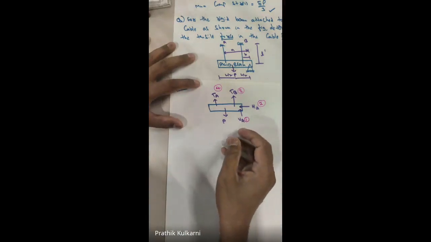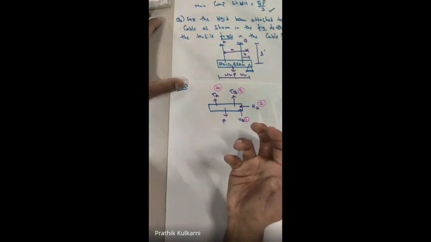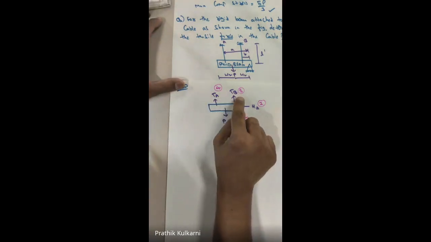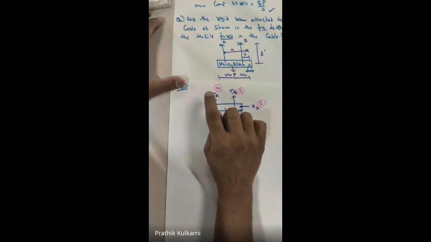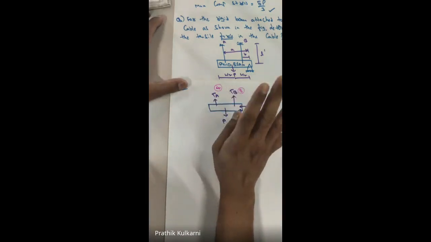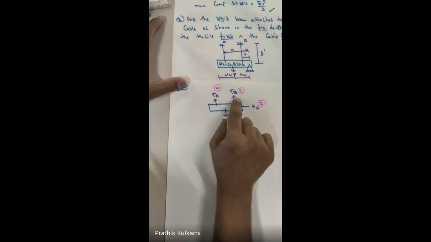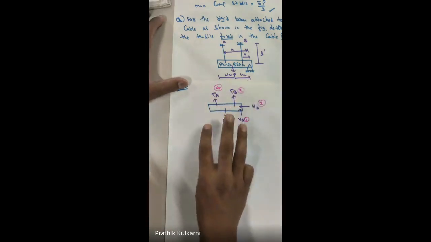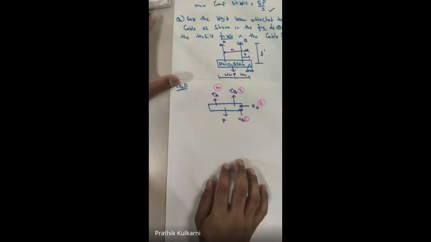For this we have to find a compatibility equation. We have to bring in a compatibility equation, which means that either we convert TA in terms of TB, or TB in terms of TA. Then the problem will be solved. So we will have 3 reactions. Then we are comfortable. Fine.